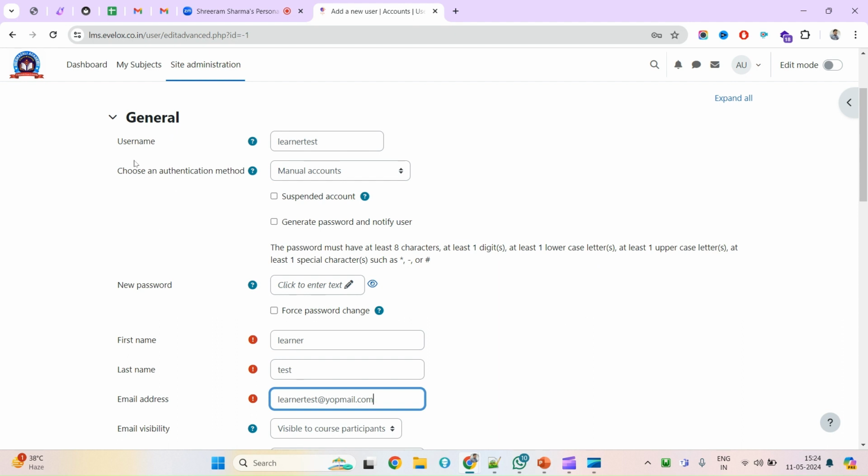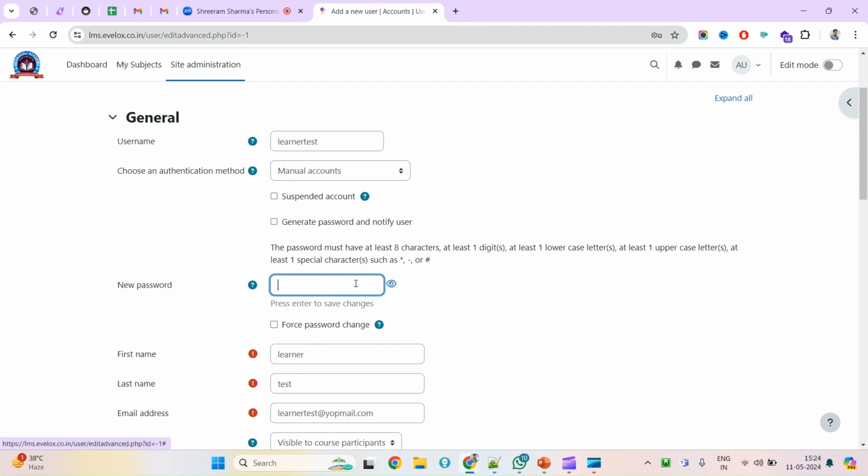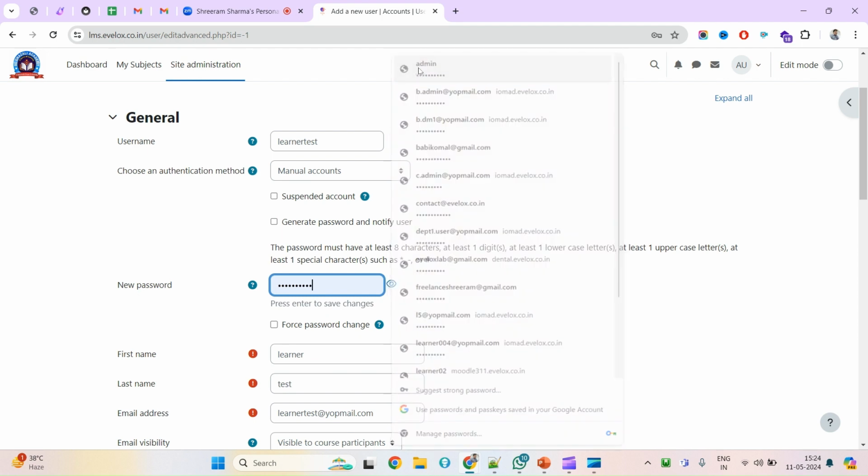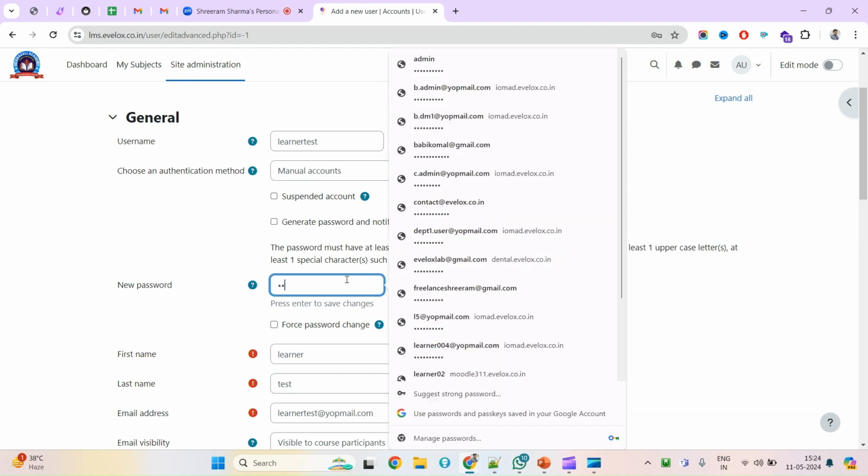But in case I want to create a user and make it suspended, I will have to check this option, suspend account. And there is another option here, generate password and notify users. So if I check this one, this particular user will be notified with the details like your account has been created within this LMS and your credential is this. If you don't want that, and you just want to manually inform this particular user, you will have to put the password here. This password I will type here, pass at the rate 1928,